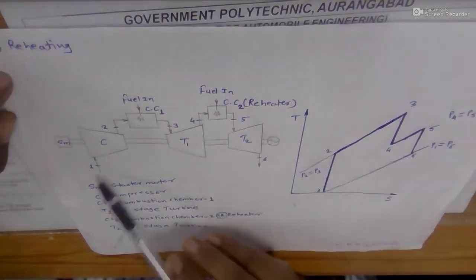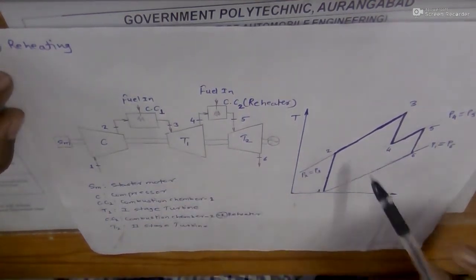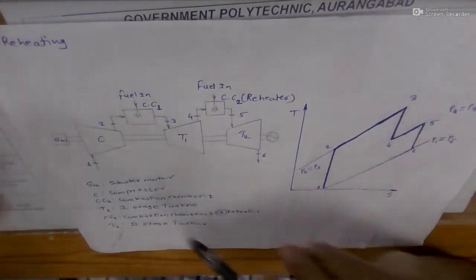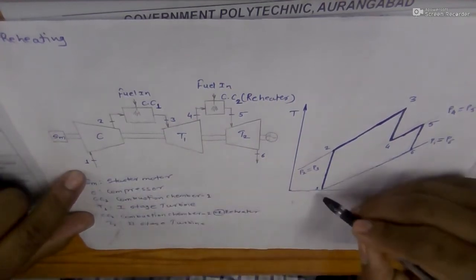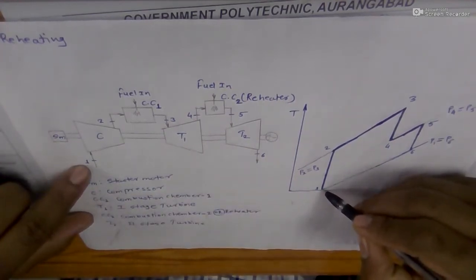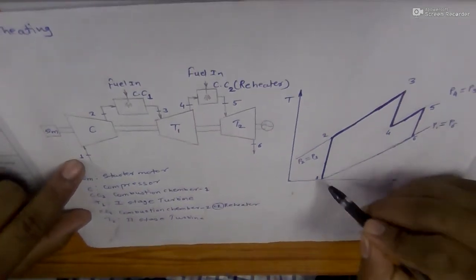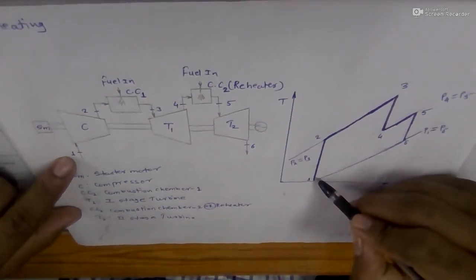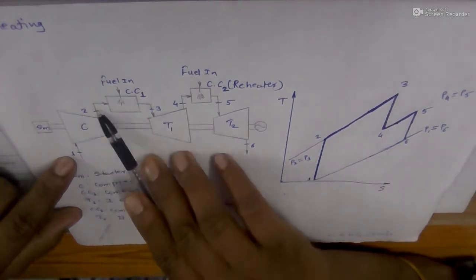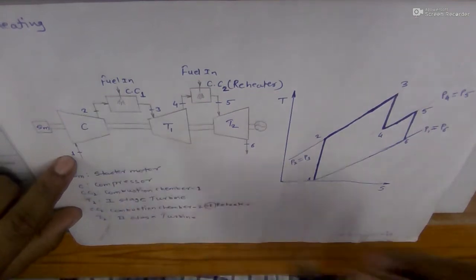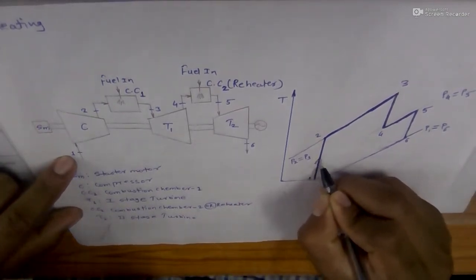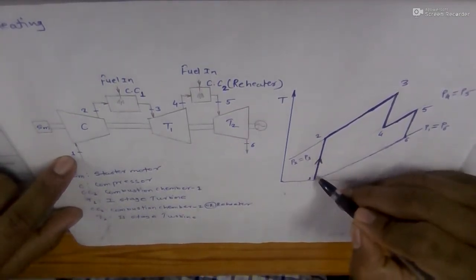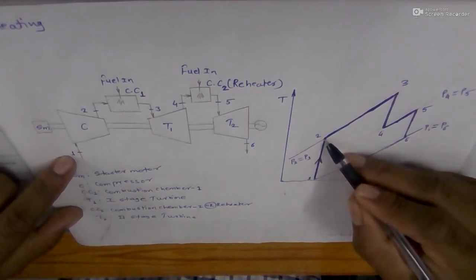Now we will correlate all those states on the TS diagram. Okay, so let's start with state 1. Here state 1 indicates air from the atmosphere. Air from the atmosphere is sucked into a compressor and it gets compressed, and the whole process between state 1 to state 2 is isentropic compression. You can find on the TS plot the vertical line goes up. So this is the isentropic process carried out during state 1 to state 2.